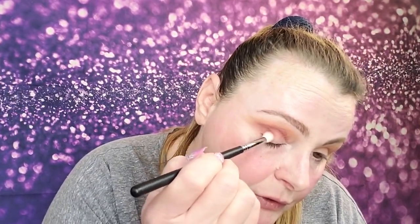You can also do some little circles. Now this color here is taking a little extra to blend out. The reason being is because it is darker and I'm trying to lighten it up enough to use in that area. I do have pretty fair skin, but as you see, I'm not really getting any difference. I'm getting a slight variation of tones, which happens in colors like this. I picked up a little bit more over here, but